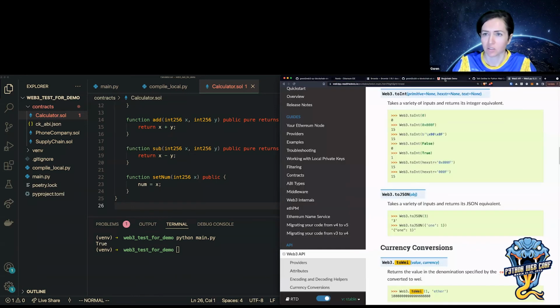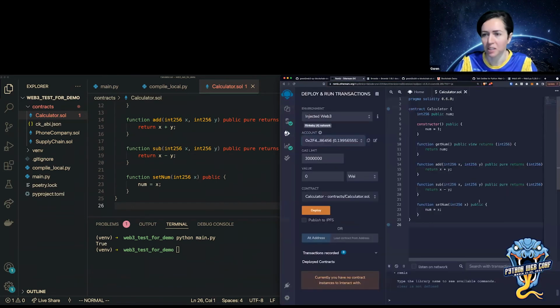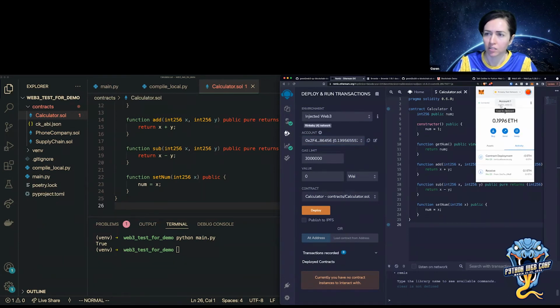Yeah. So where? Oh yeah, I was in Remix. Okay, so now I have this account, my first account, and that should be connected. This is the same account that's showing up in Remix. So injected Web3, because I almost called this Firefox because of the fox.